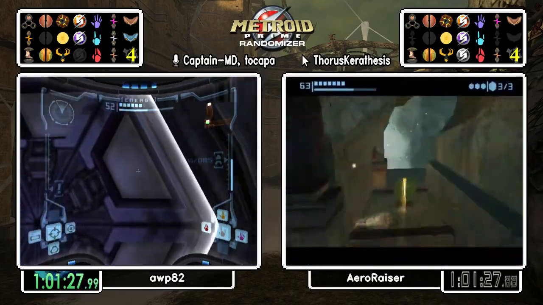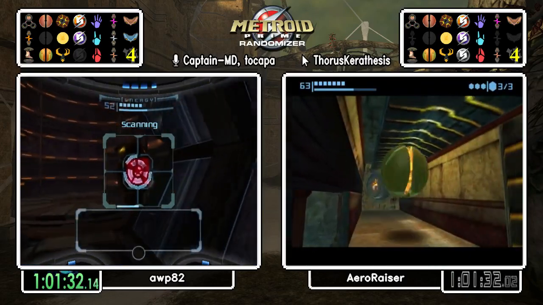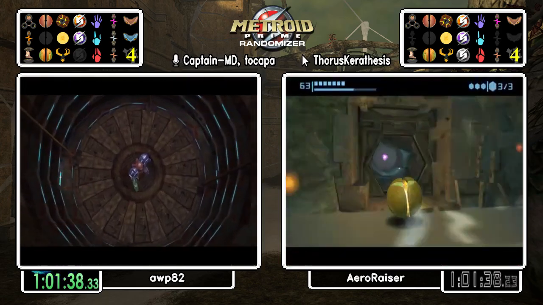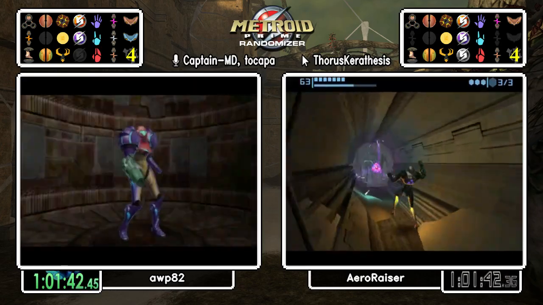Did you see Arrow by chance check the other workstation elevator? Because I certainly did not. It appeared to me that you did not check it, so... wow, lucky break for Op. This does go to Fendrana Shorelines. Alright, so Op is gonna...